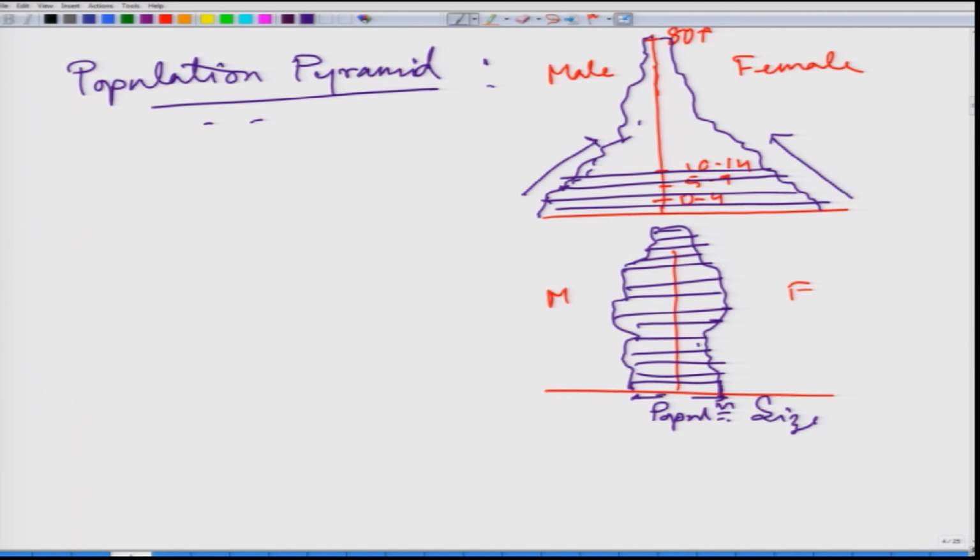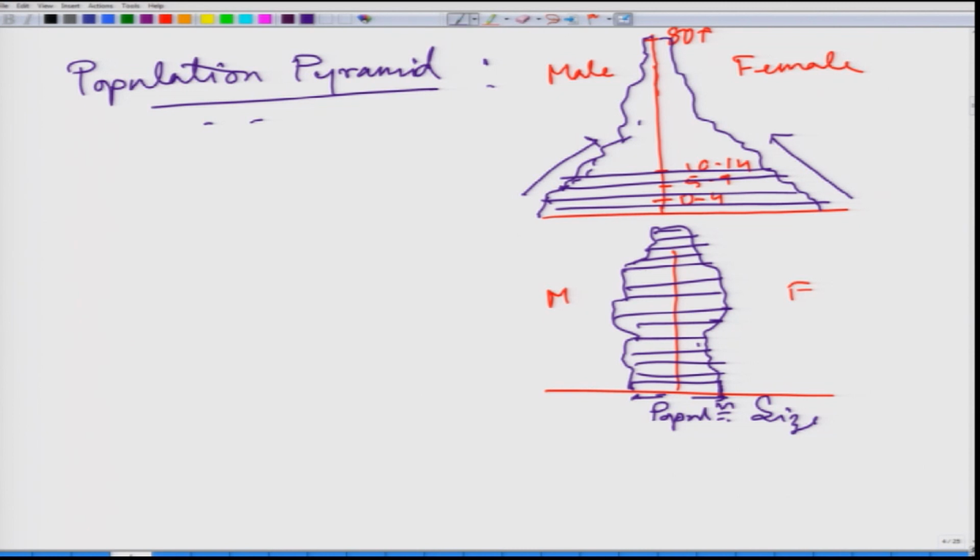So this changing structure is again both way related to socioeconomic conditions. The socioeconomic conditions lead to the change in birth and death, and then the birth and death lead to the change in population size, and then population size leads again to development, and thus an impact on the socioeconomic condition of that particular society or the population. Now,